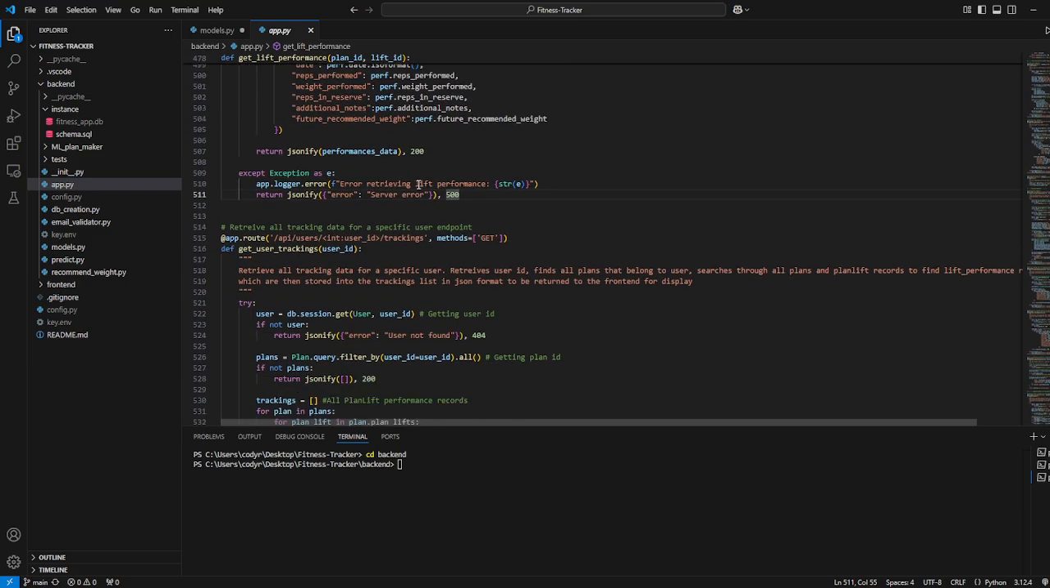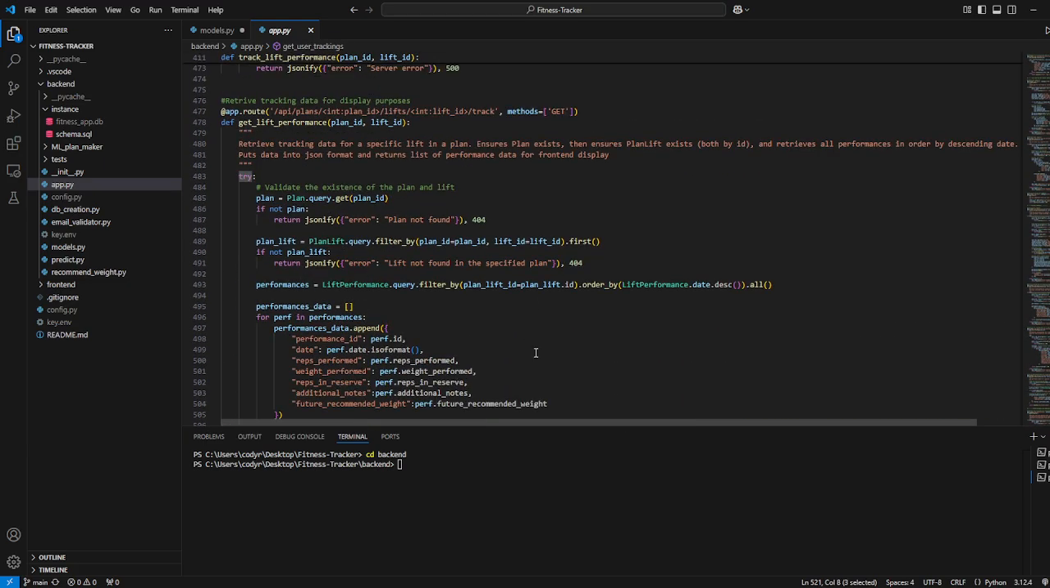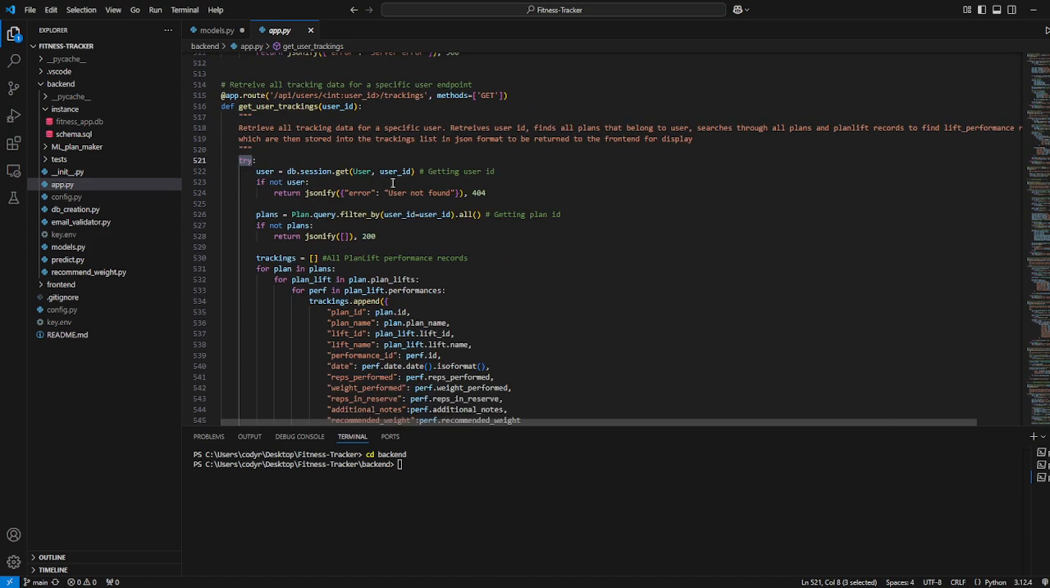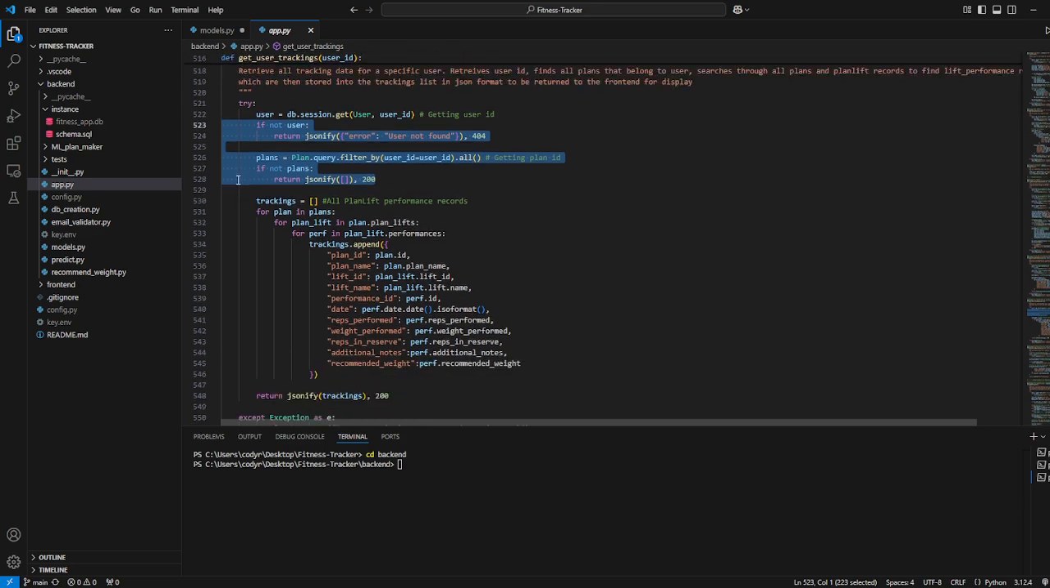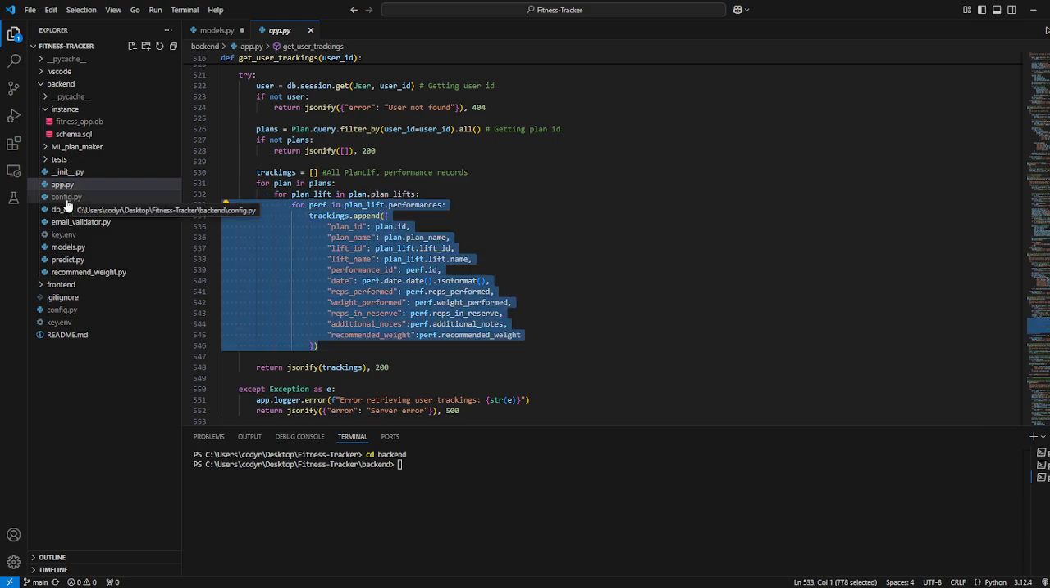So basically what this is going to do right here is it's going to first do a try. It's a method GET as well, you can see. It's going to make sure that the user exists, which is passed in here. It's going to make sure that the plan exists, and then it's going to go through all of the for plan in plans, for plan lift in plan.lifts, for perf in perf. It's basically a triple nested for loop. We're going to get basically every performance that the user has tracked. So for all of the plans, for all of the plan lifts in the plans, for all the performances based on that plan lift, we get this,